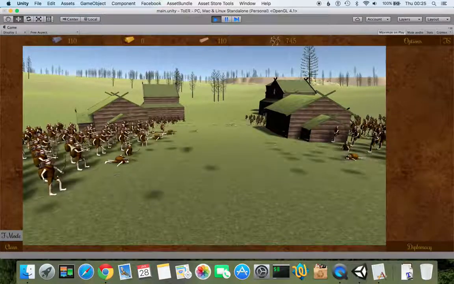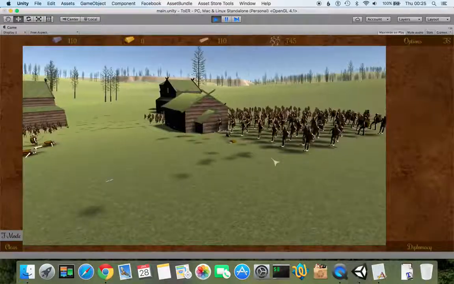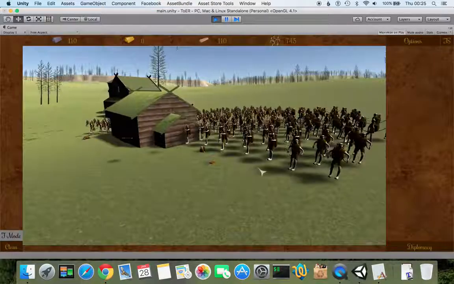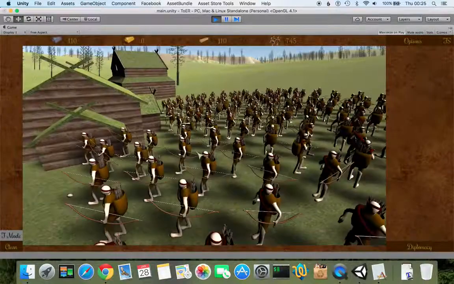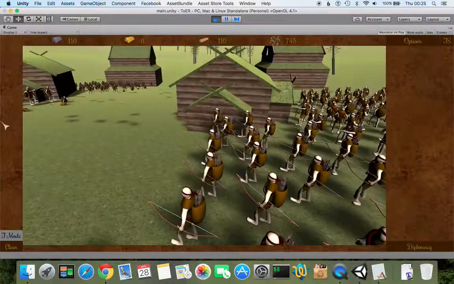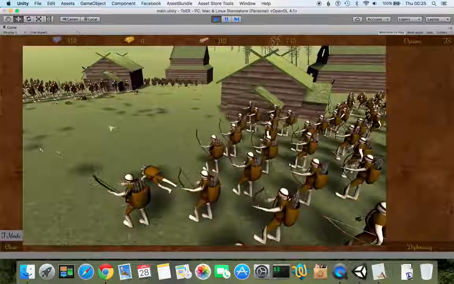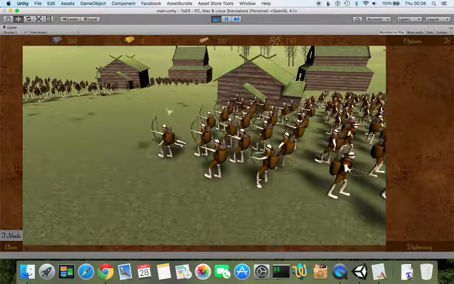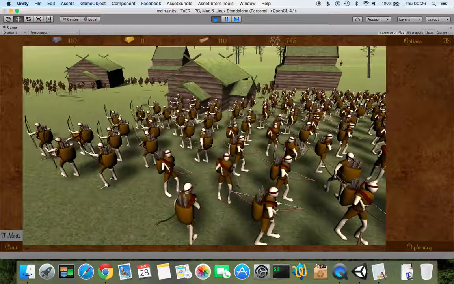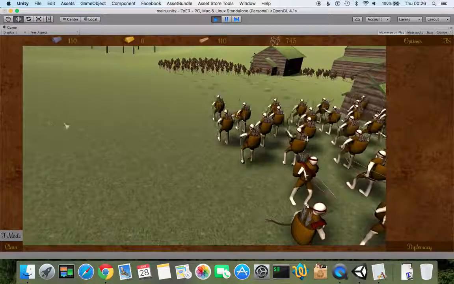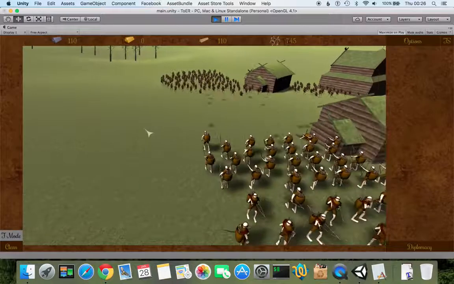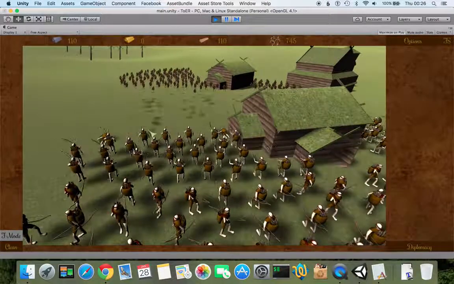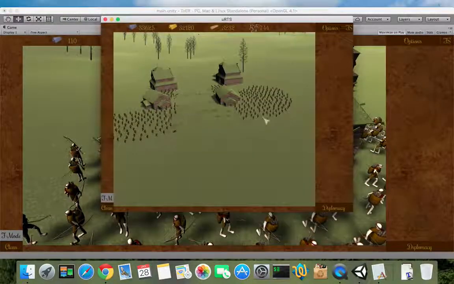Now, as I have a lot of models instead of sprites being rendered, I can see that FPS is going down a little bit, but basically that's it. That means that battles are stable in multiplayer mode,